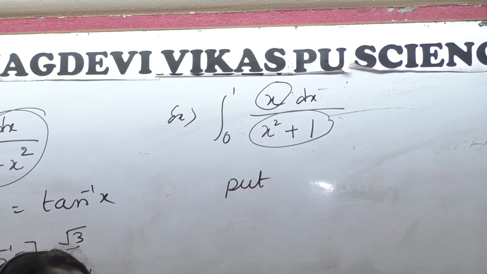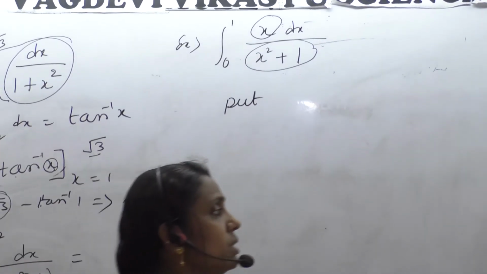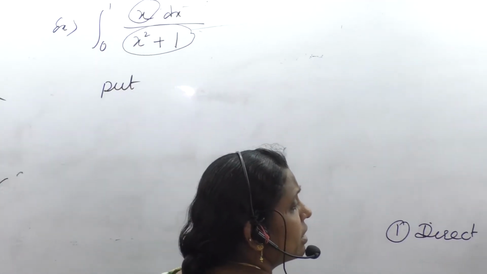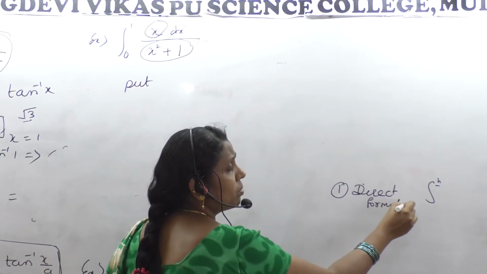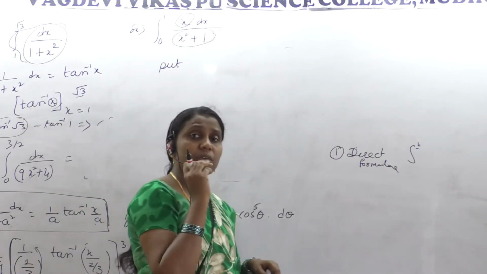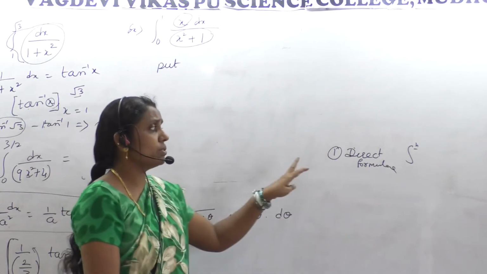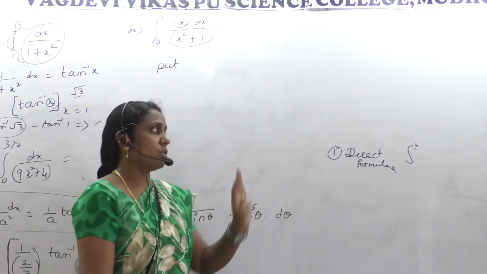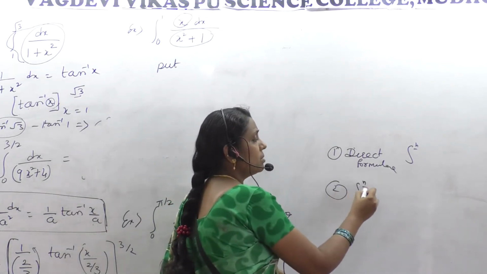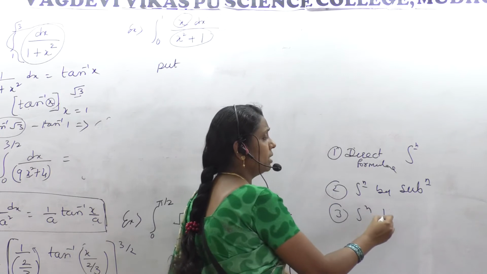So there are many more types or methods to get the integration done. So this is the first thing, by using direct formula also you can get it solved. Integration direct formula means what? Direct formula means integration of x raised to n, integration of e raised to x, what all the indefinite integrations you have studied, no? All those using formulas, we can get it solved. Direct formula we can use. Second, integration by substitution. Then integration by triangular method.